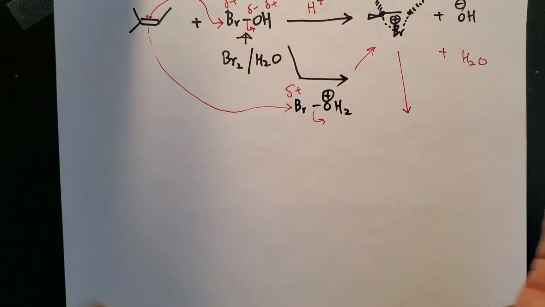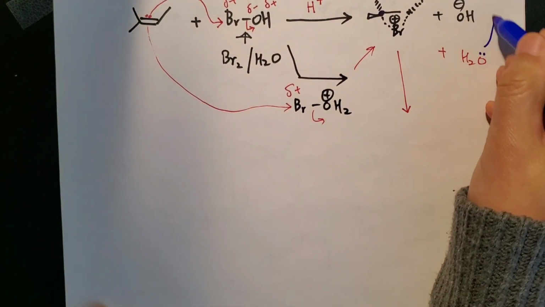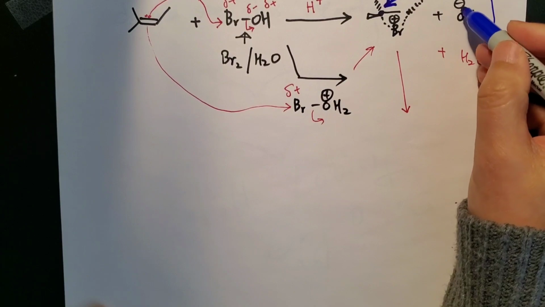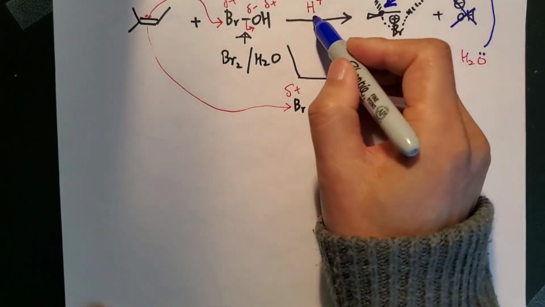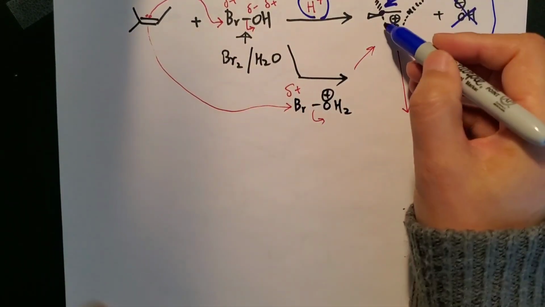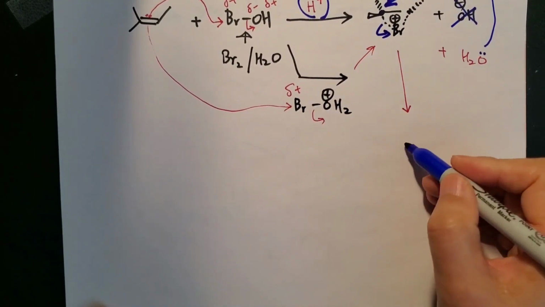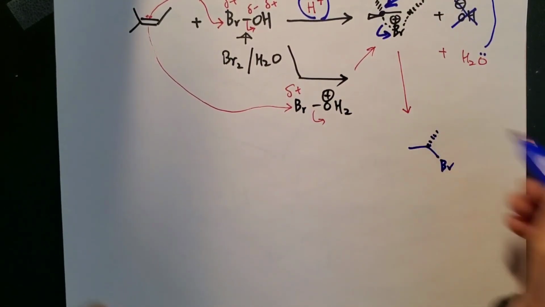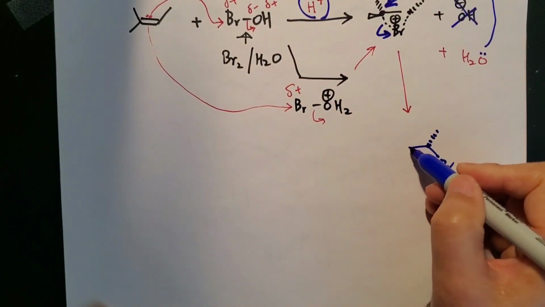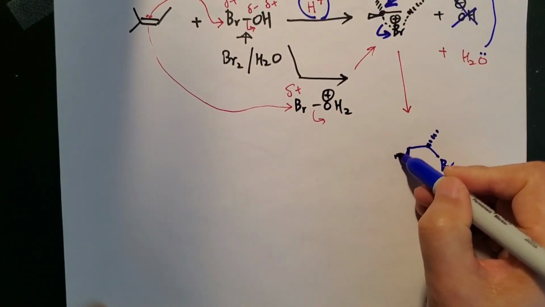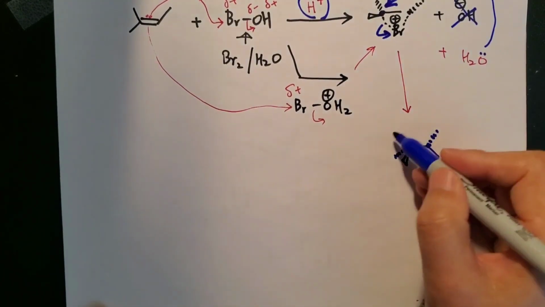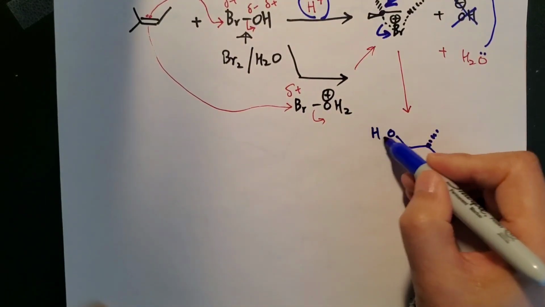So what base you have? Water. So water attacks here, backside. No, this is not there anymore because of the acid. Then you break this off. Then your bromine moves over here, methyl group, and this methyl group pushed down by water, this as well. Water forms strong sigma bond, and you have